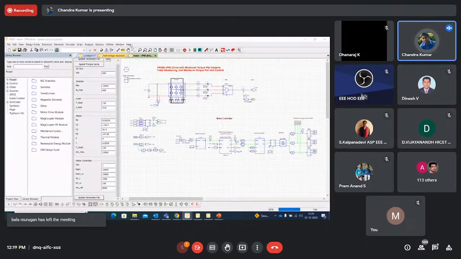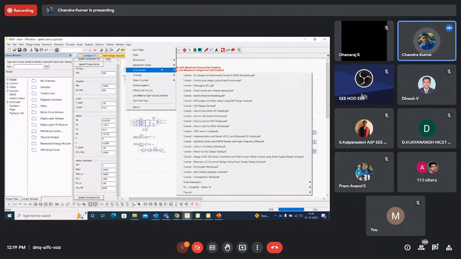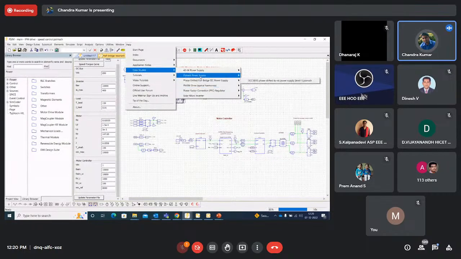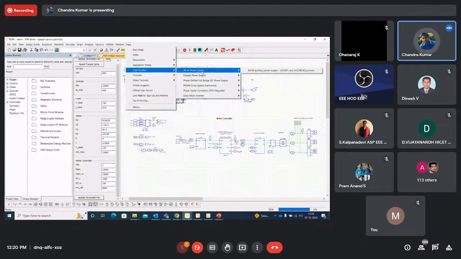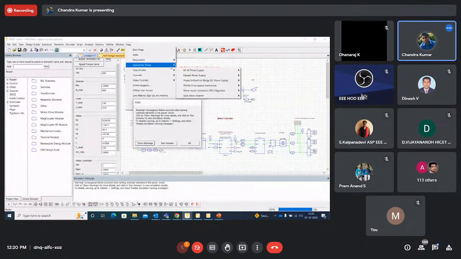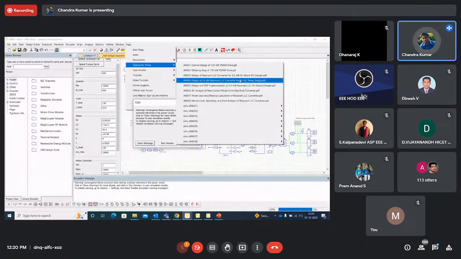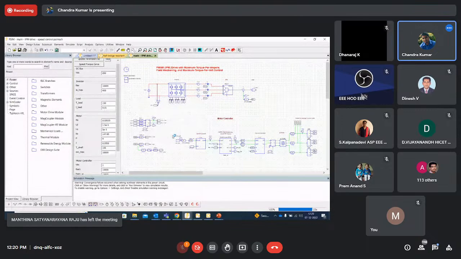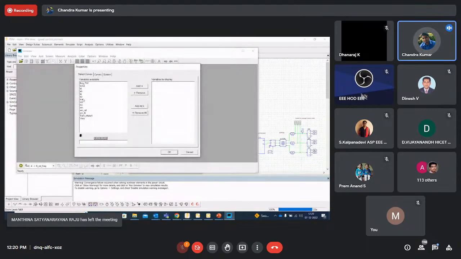And a lot of use cases, testimonials are there. You go to video tutorials, case studies. You have case studies on flyback power supply, 40 watt power supply, application notes. You can look at onboard chargers for different ranges are there. So run SimView. When you run the SimView, see, look at the currents.